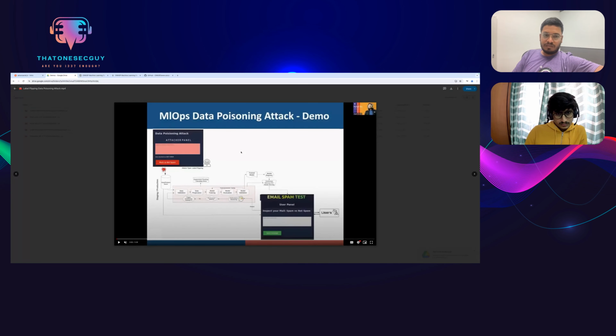This is a demo of MLOps, which is something like CI/CD plus CT. CI/CD is purely a DevOps term, and CT is unique to MLOps because it has a feedback loop where data from the real world goes back to the machine learning pipeline and you retrain the model for better accuracy, making more robust models in real time. So this is a data poisoning attack architecture where an attacker on the right side